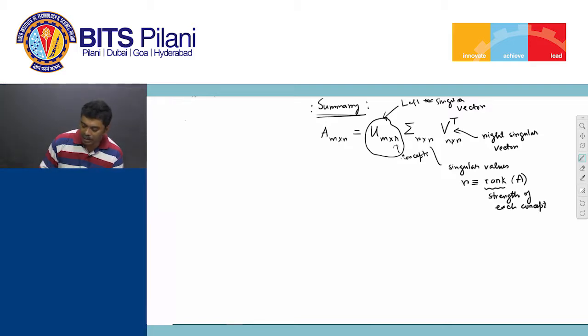As I said in the example that I just gave, or the problem that we solved, if it's a high impact factor journal, what's the strength of that concept? What's the strength of a low impact factor journal? Given that you have a lot of data, you probably have a lot of journals which are low impact factor and only a few journals which are high impact. That is exactly what we wanted. We actually wanted to filter out the information from the noise. There are a lot of really bad journals, and then there are a few good journals. So the idea is to filter out that information from a slew of journals,